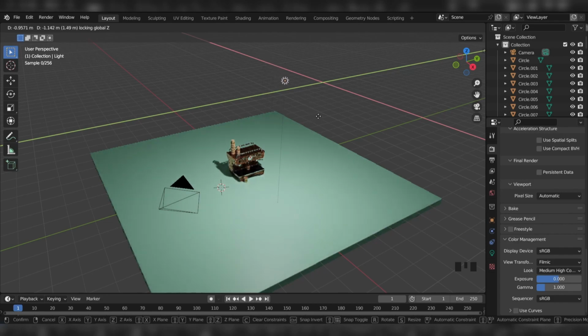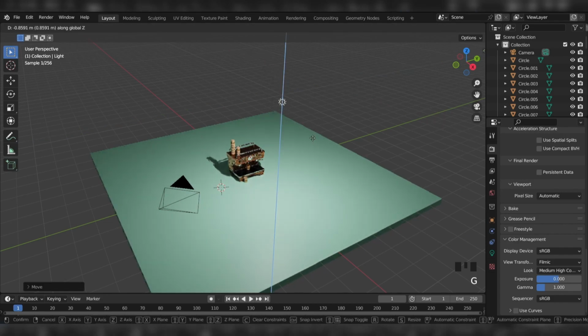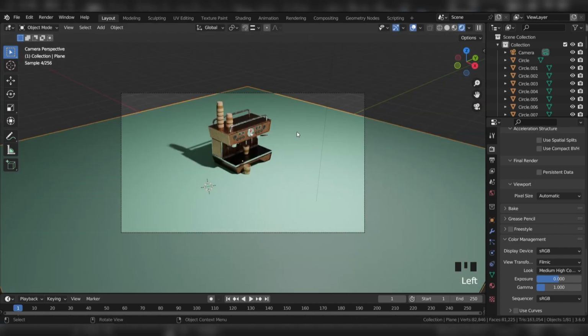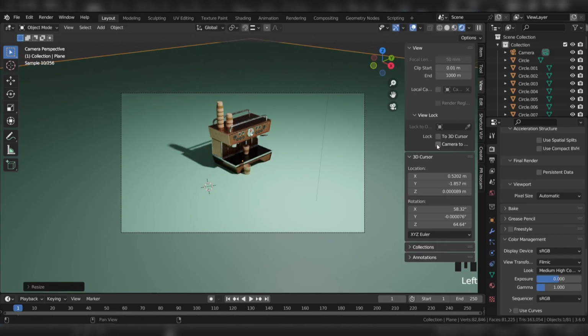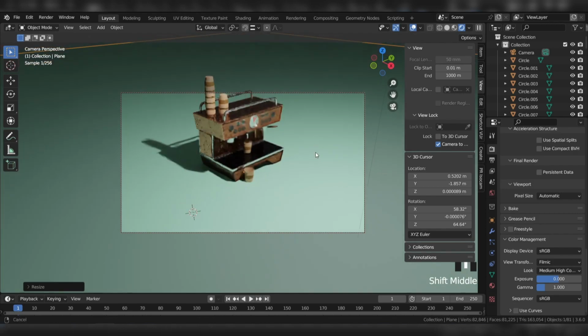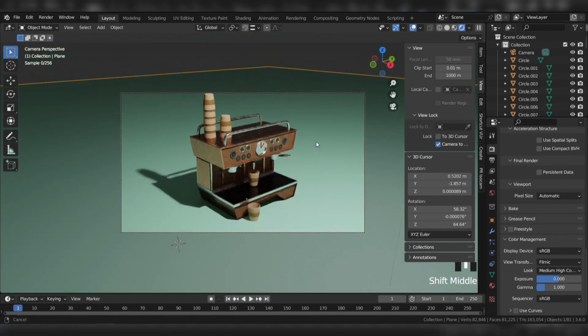Select this point light and move it like this. To illuminate the front of the machine, scale up the background to fill all the camera view. Press N and go to View option and check the camera to view. For moving the camera,